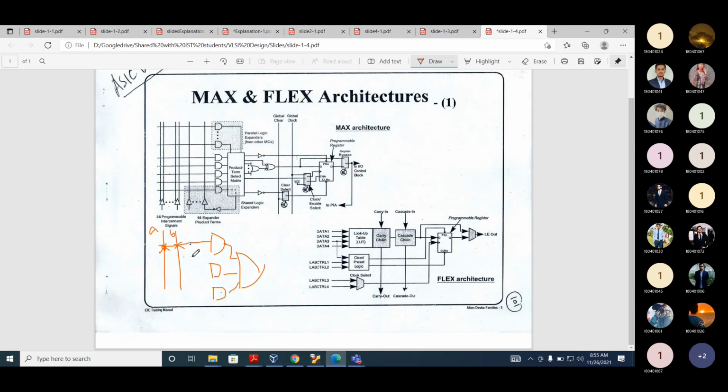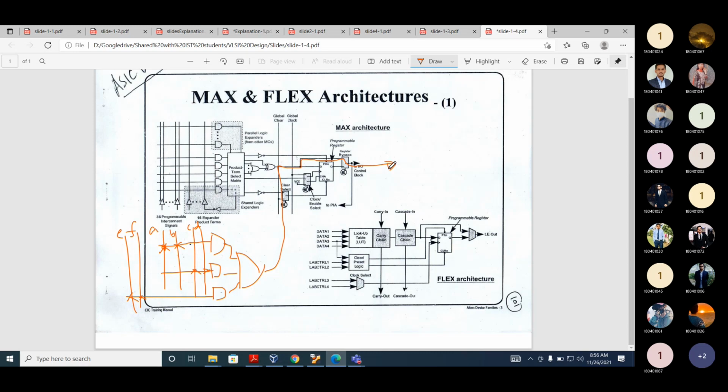For the second AND gate, C and D will be selected. For the last AND gate, E and F will be connected. This output will go here. Will we use the flip-flop or bypass it? Bypassed. The flip-flop will be bypassed, and it will go to the output logic.